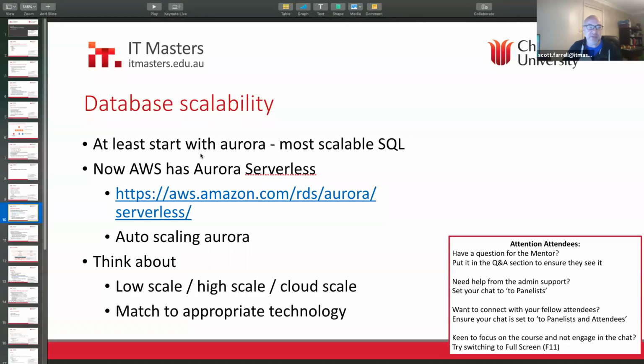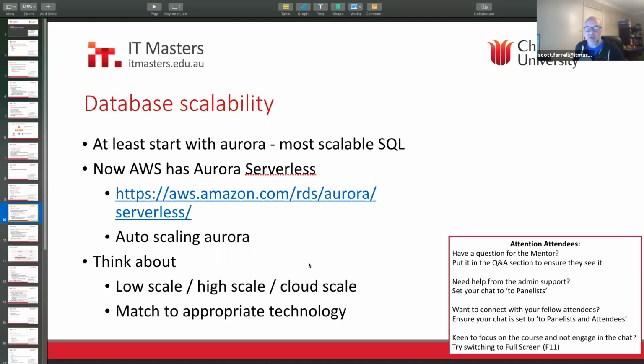So that's a reasonable answer for scalability. When it comes to scalability, think about sometimes you only need a low scale database, or the scalability is really known. You've got a set of users that do a set of queries, and it's really knowable. So therefore, there's a limit to how much scalability you need sometimes. Sometimes it's high scale, and you know reasonable bounds of what it's going to do, and you get to 2 or 3 read replicas and you've got enough scalability.